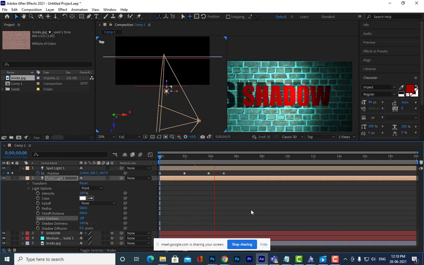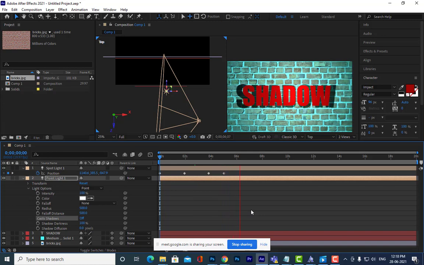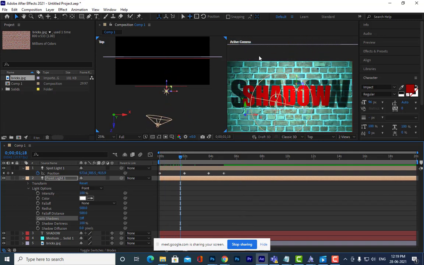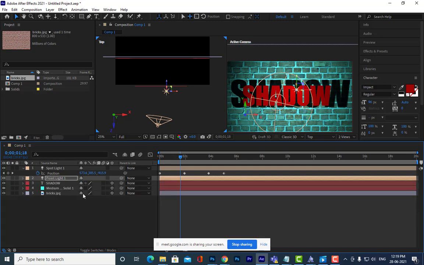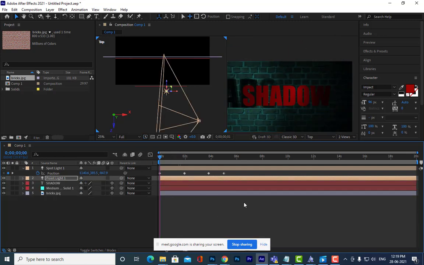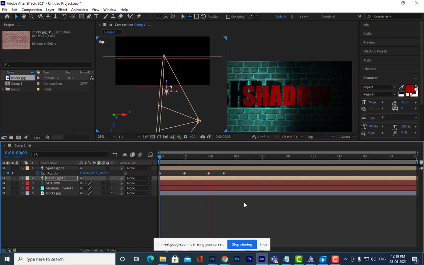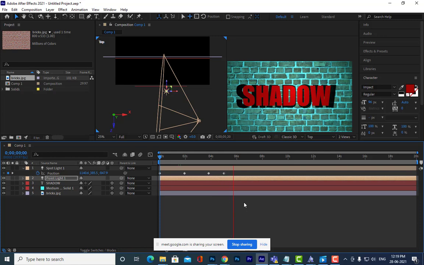Okay, is it clear, all of you? But we got additional lighting by adding a point light. You can actually reduce the intensity. See, I am reducing the intensity of the point light here. Is it clear, all of you? Able to understand, everyone? Yes, sir. So here we have done complete lighting animation.